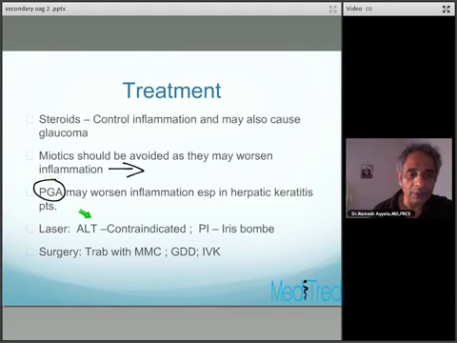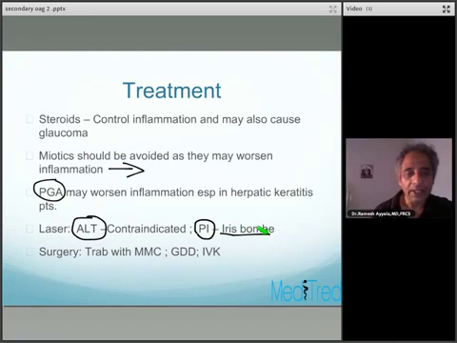Remember, laser iridoplasty is contraindicated in the sense that it does not work and it can actually make the situation worse in the presence of active uveitis, and so it should not be attempted. Peripheral iridectomy or iridotomy using the YAG laser is indicated should you have iris bombé, as we discussed in the previous